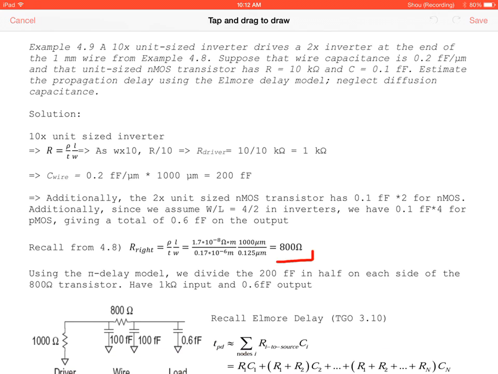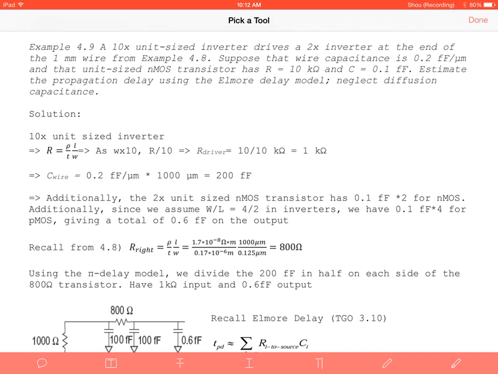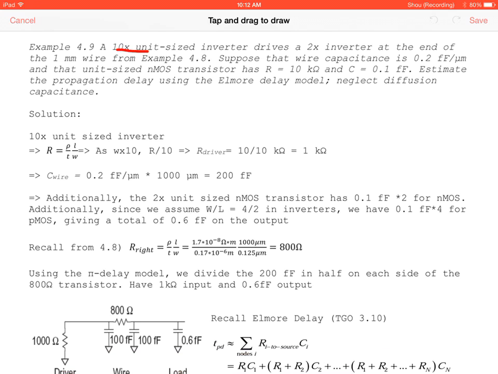So this is what we determined in the last problem, 800 ohms. We know from this portion that we have a 10x unit inverter, and a unit size NMOS transistor has a resistance of 10 kiloohms. We know from our equation that the width is inversely proportional to resistance. So the first thing we do is take 10 kiloohms divided by 10, because it's a 10x unit, and that becomes 1 kiloohm. The second portion is finding out the